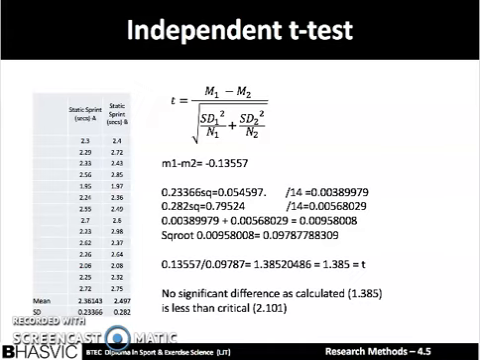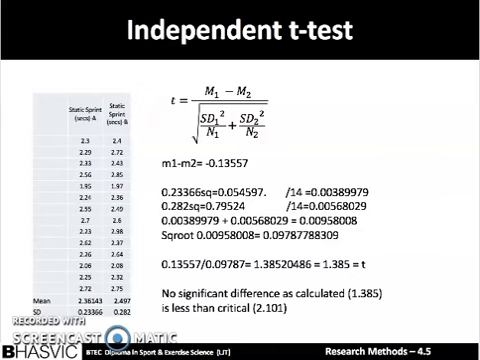So there, putting that into action, we have 0.13557 divided by that 0.09787, and that equates to 1.3852048. I rounded that up to 1.385, and then that means that t equals 1.385. There was no significant difference here, as I calculated 1.385, that was my calculated value, and the critical value